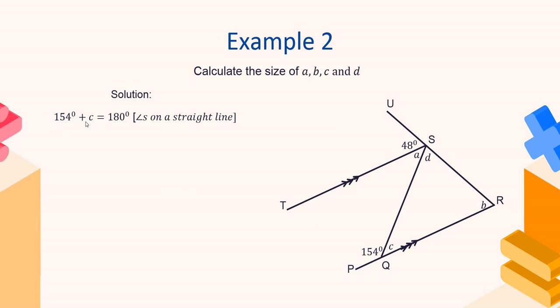So 154 degrees plus C is equal to 180 degrees. Our reason is angles on a straight line. And if we solve for C, we take over the 154 degrees, and it will then carry a minus, because when we carry it over the equal sign, the constant takes the inverse operation, which is a minus in this case. So C is equal to 180 minus 154 degrees, which is equal to 26 degrees. So now that we have solved for C,